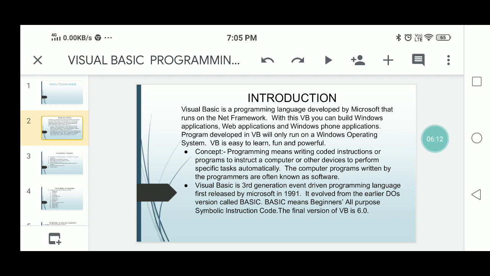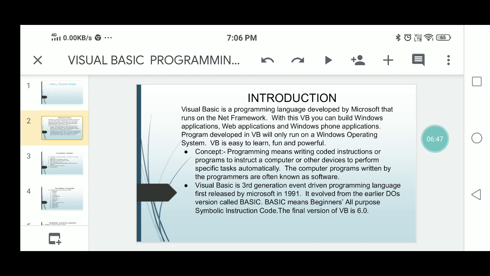For example, if I am filling an online application form, after filling in all my details, what will I do next? I have to click on the submit button. It means it listens, and until I click on the submit button, my form won't get submitted. So this is called event driven programming.